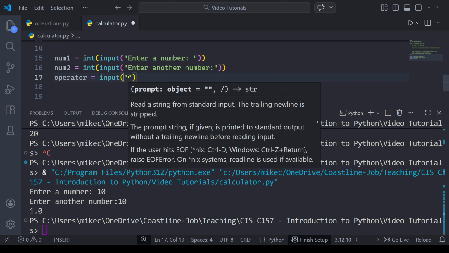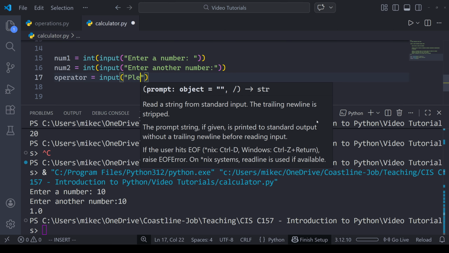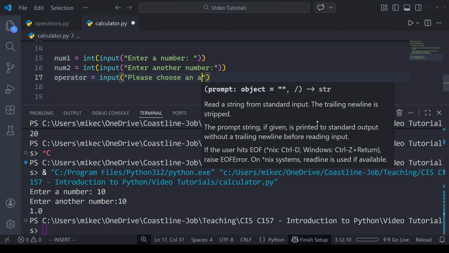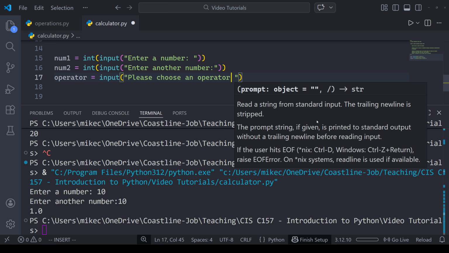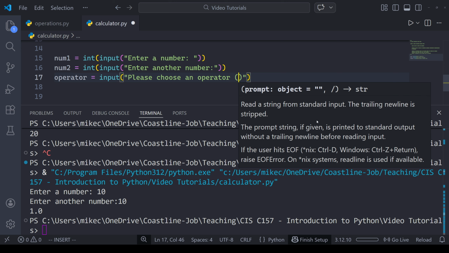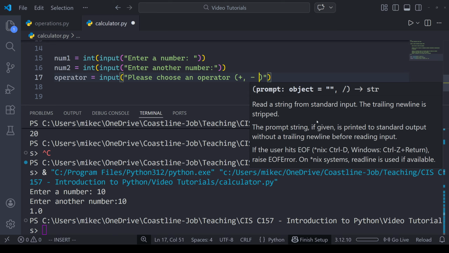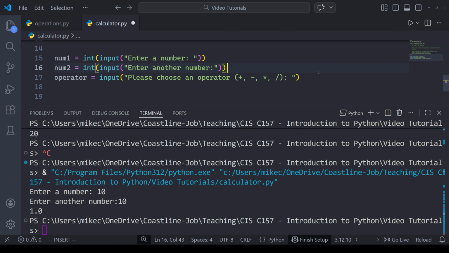You could do this a bunch of different ways, but I'll just say, please choose an operator, and then maybe I'll give them some options: plus, minus, multiply, or divide. And then we'll close the quote like that.